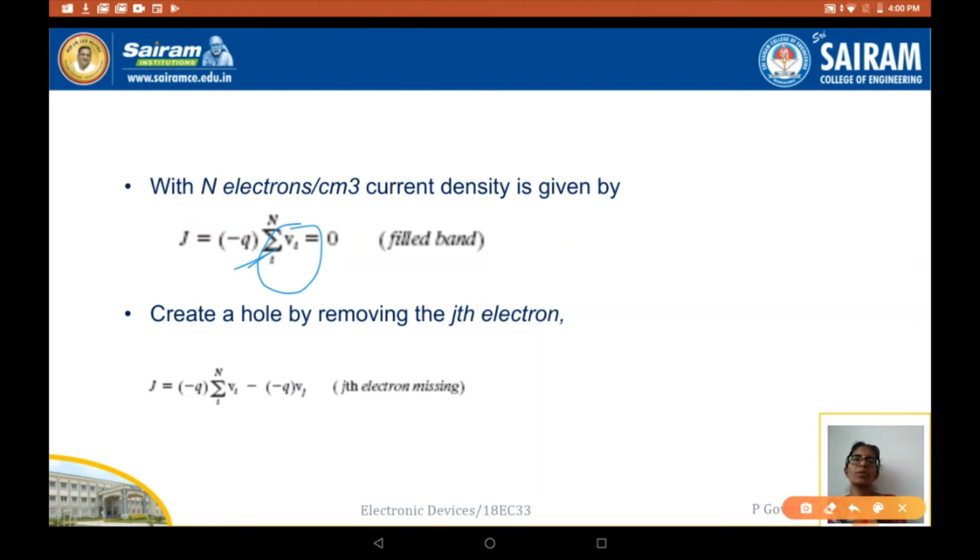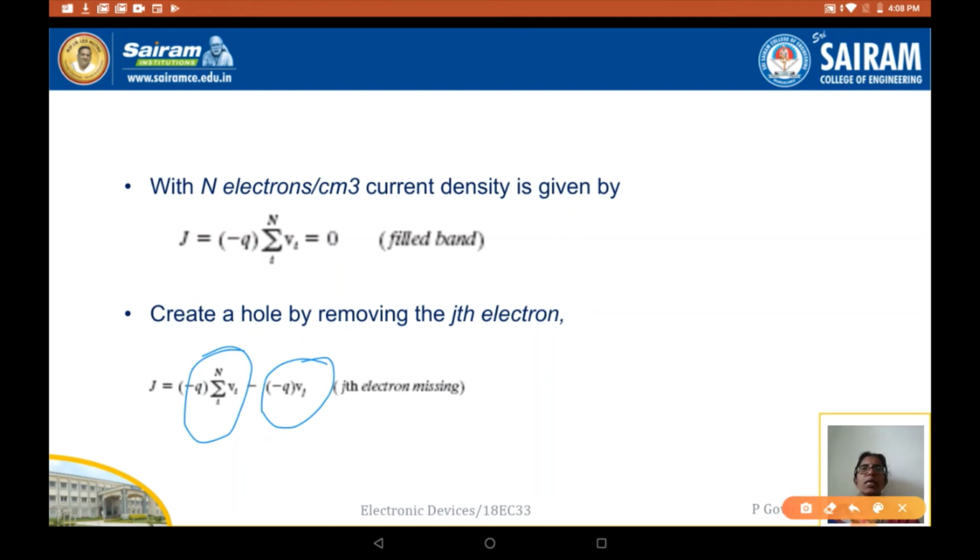Now assume that we are creating a hole by removing the jth electron. The net current density in the valence band involves the sum over all velocities minus the contribution of the missing electron. So here J is equal to minus Q into summation of i equals 1 to n Vi, which is nothing but the current due to the electrons, and minus Q into Vj, which is the jth electron which is missing there. So in this, of course, the charge transport is actually due to the motion of the new